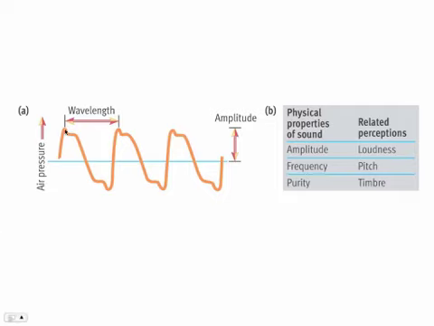The wavelength of the sound that's coming from an object is based on the distance between the two peaks. The more the sound cycles up and down across time, the higher the frequency of the sound and the higher pitch it seems to us. And it's the height from the top of the sound to the midpoint of the sound wave that gives it its amplitude. The higher the sound wave goes up and down across the midpoint, the more intense the sound is perceived by us to be.